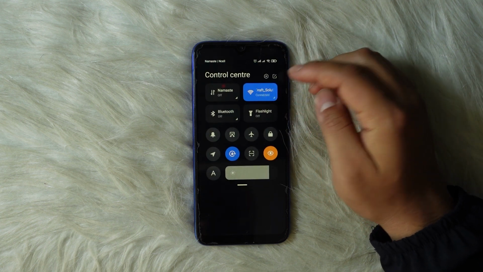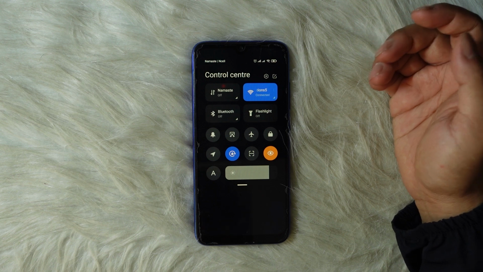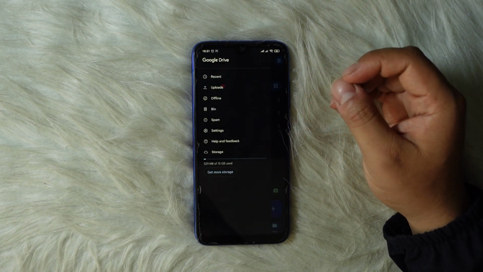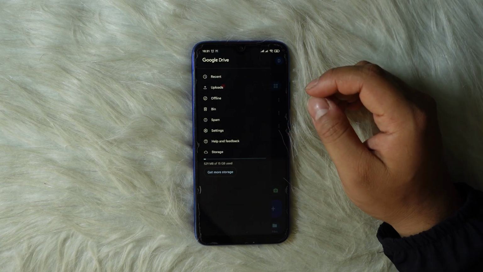If you're currently using Wi-Fi, try switching to your cellular data and vice versa. If this is not the case for you, and if this first step did not work for you, the second